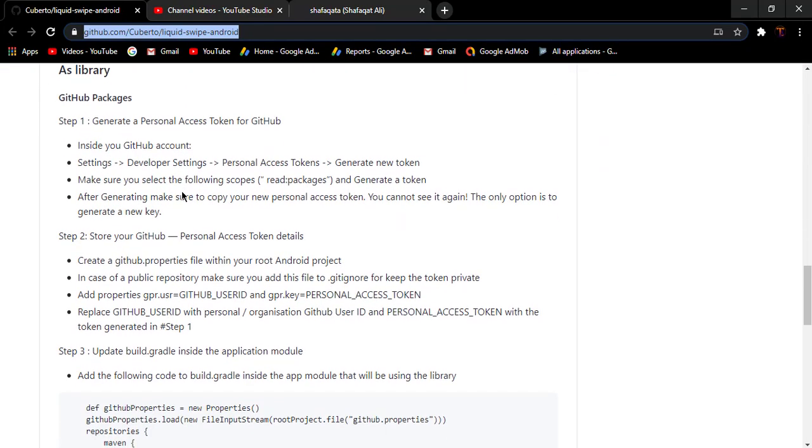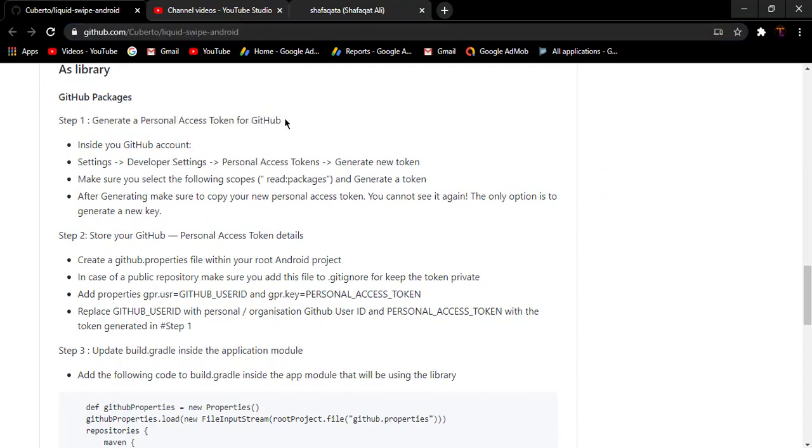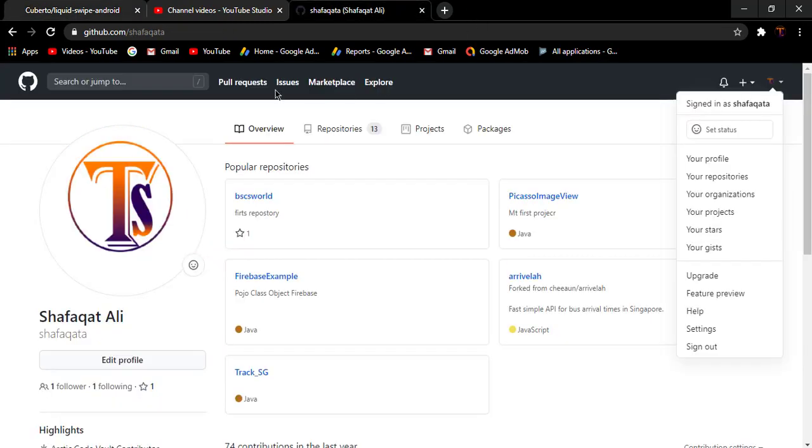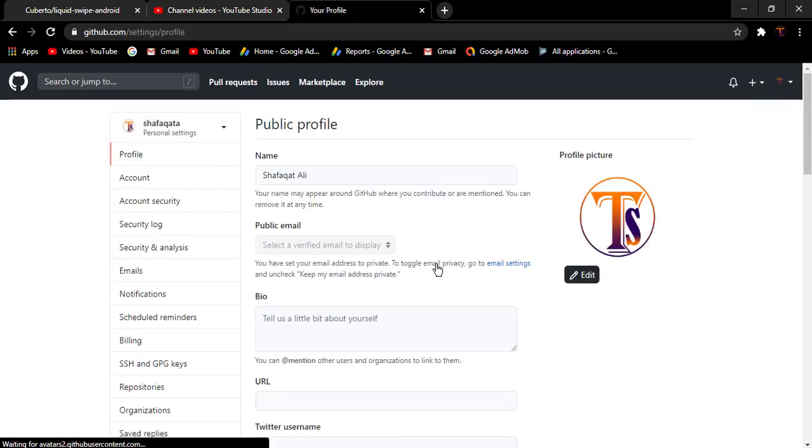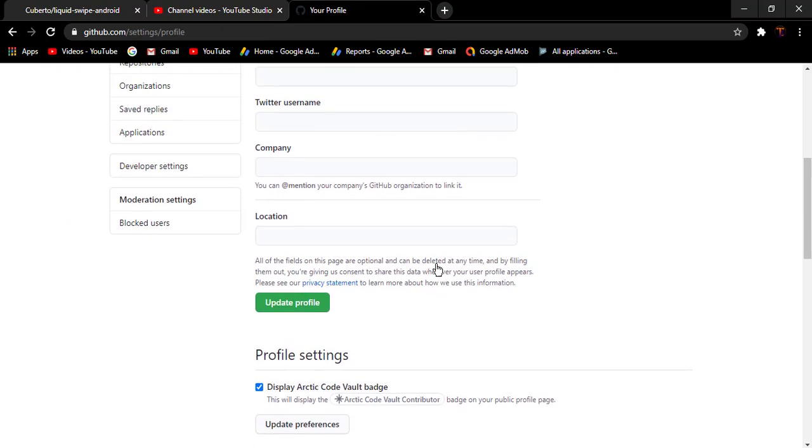Here we have to follow a few steps. Our first step is to generate a token. First of all, open our GitHub account. If you do not have a GitHub account, simply sign up for one. Here we need to click on this profile and click on settings, and here we need to generate our token.